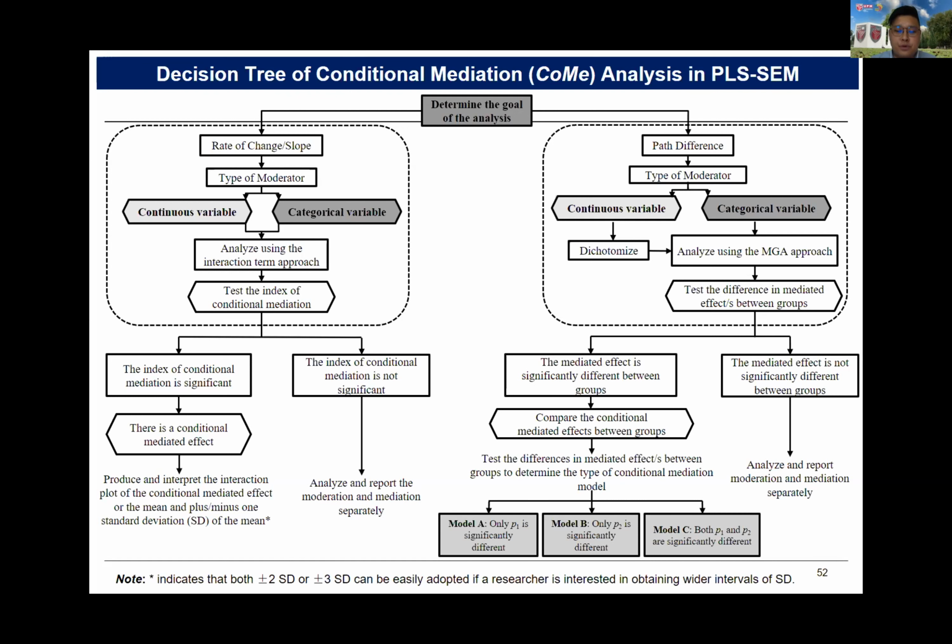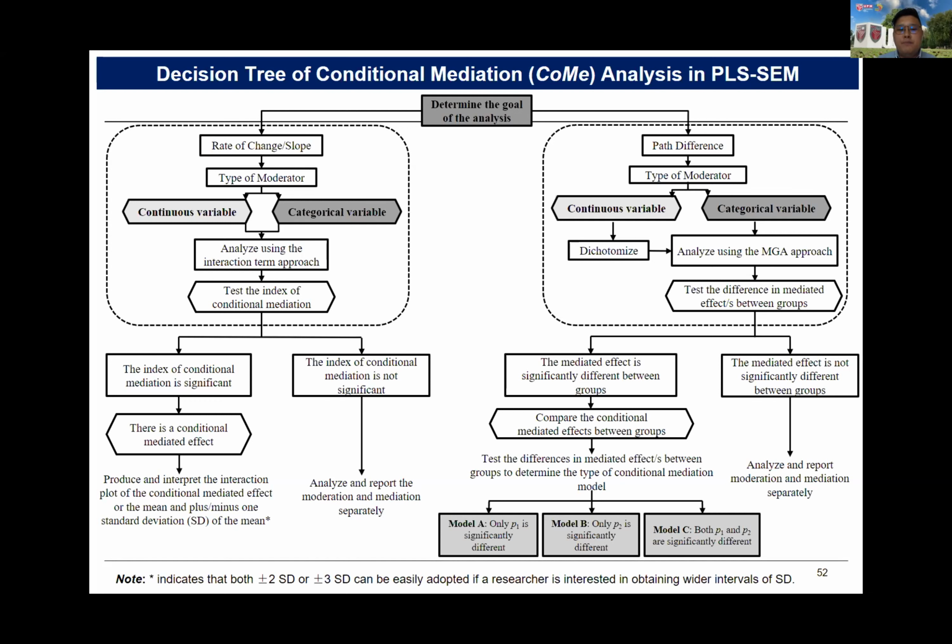If one would like to embark on the journey of rate of change of slope, then they need to ask themselves the next question: what is the type of moderator? The type of moderator could break into two, either continuous variable or categorical variable. For continuous variable, it could be very clear cut. If you look into the primer book of PLS, switching cost could be a potential moderator variable. If you look into a categorical variable, it could be nominal data such as gender, nationality, or